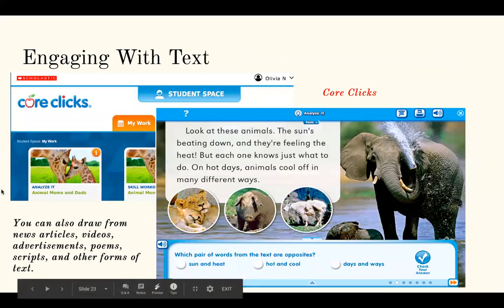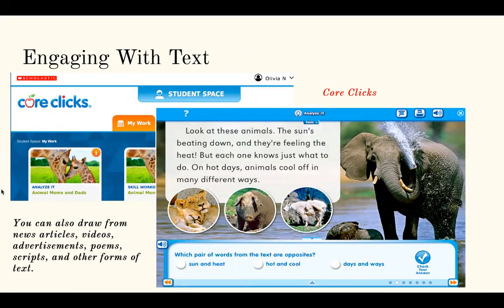So importantly, we want them to actively engage with text. Again, it's not enough that they just read the text. We want them to develop these metacognitive skills where they're very active thinkers about not just what they're learning, but how they're learning, how they're making sense of the information. And so we want to be mindful of that as we find resources that we'll probably be using in our